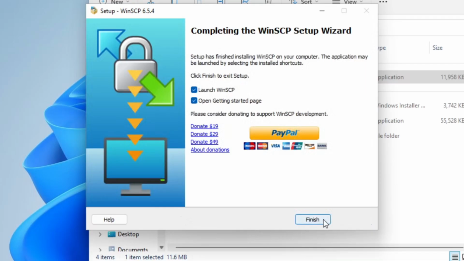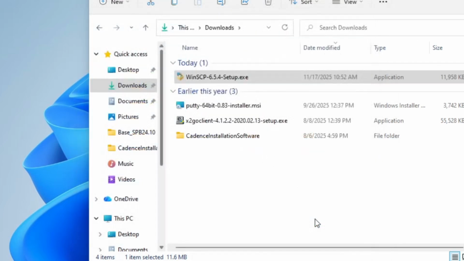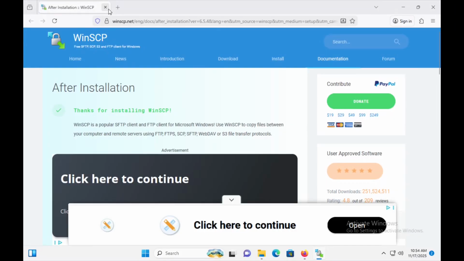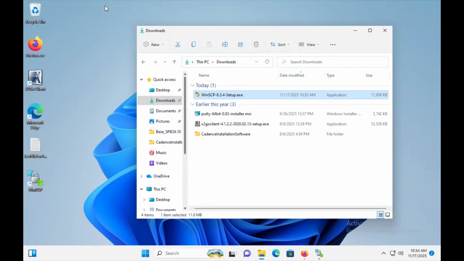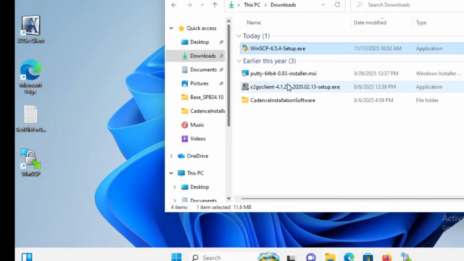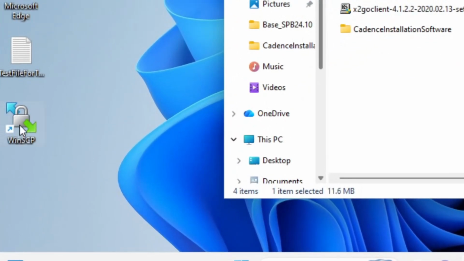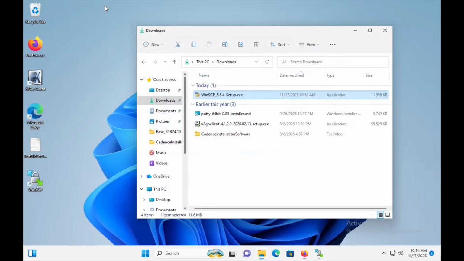And if you're feeling generous, you can make a contribution to this open source software. I'm just going to go ahead and click finish for this demo. And here it thanks us for installing it. I'm going to close the browser window,